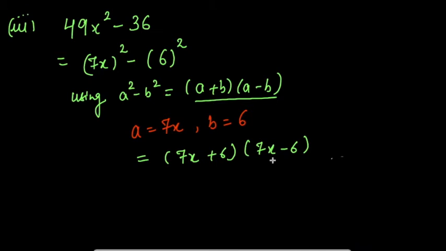So this is simple. Okay, whenever you have perfect square number, you will convert it in the form of a square minus b square, and then the third algebraic identity says a square minus b square can be written as a plus b into a minus b. Then write the factors in this form. Okay, I hope this method is clear to you. I am moving to the fourth part now.